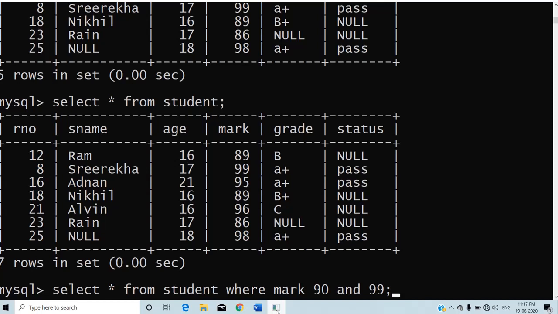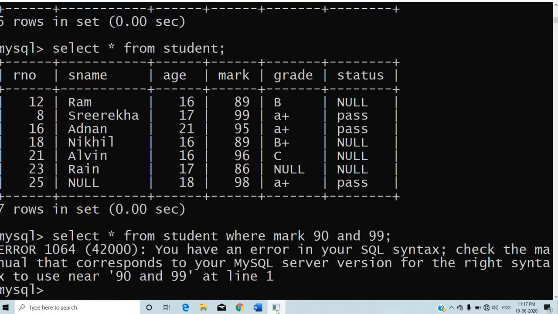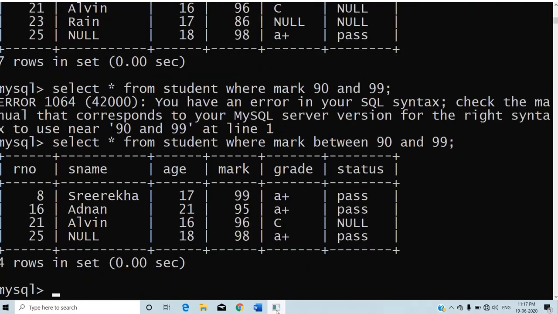It should include both 90 and 99. Select star from student where mark between 90 and 99. All the records whose mark is between 90 and 99 will be displayed. 99 also will be displayed over here. That is the use of the BETWEEN clause.